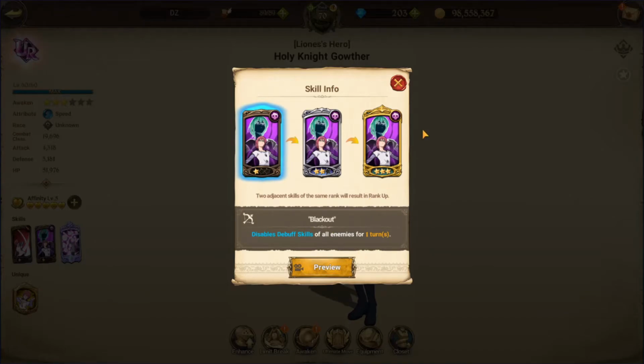So the enemies can't use this thing here, you see? The skull head. Every card with a skull head can be used. On rank 2,